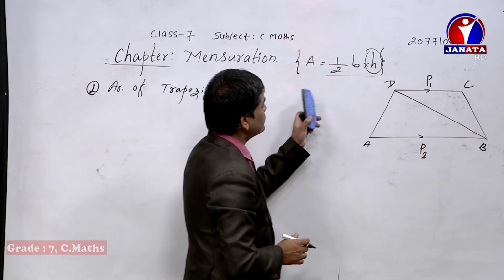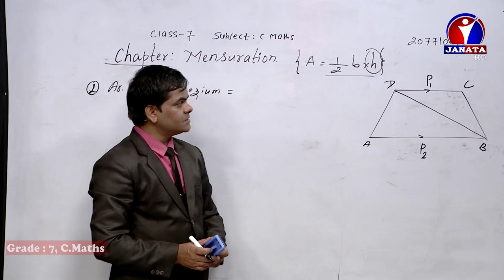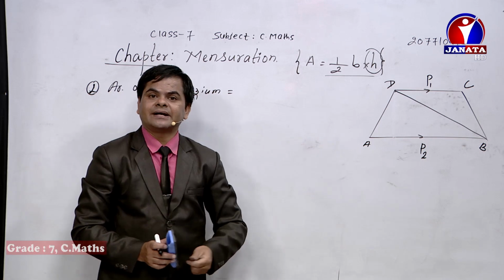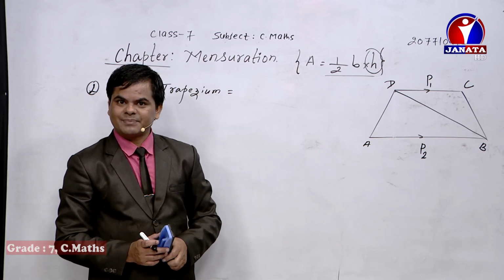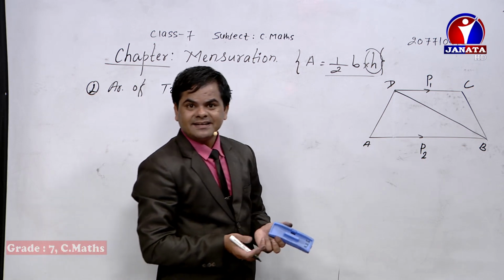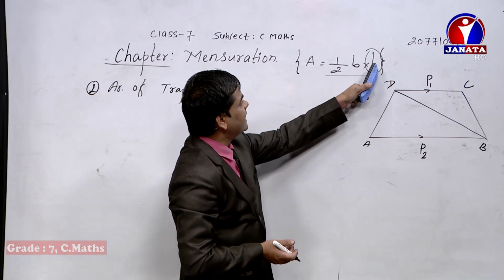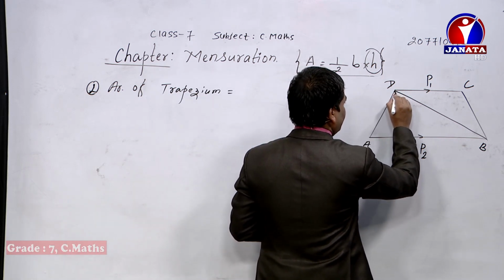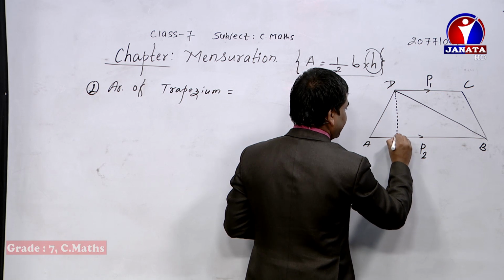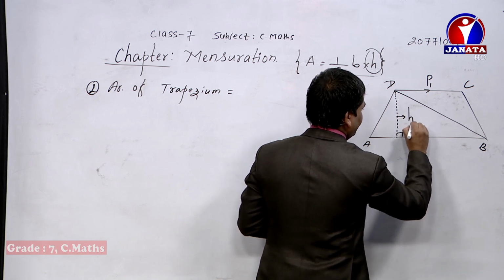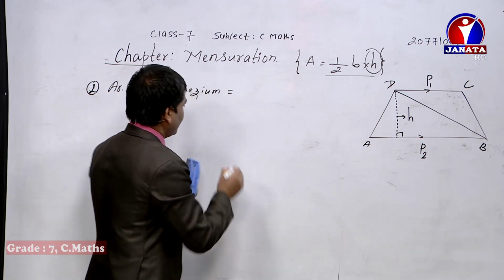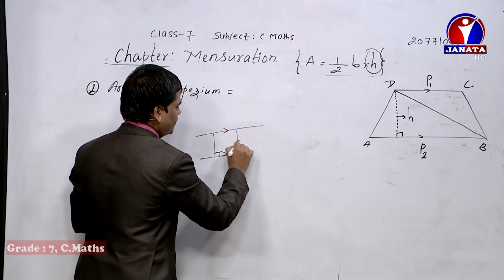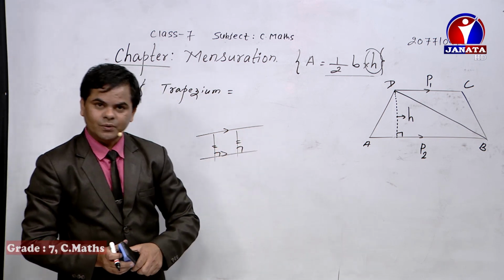So the whole trapezium is divided into two triangles. Now we need to use the formula of a general triangle in order to find out the area of the whole trapezium. We need the height, isn't it? In order to use this formula, we need the height, as h is mentioned here. So let's construct a height here. From the vertex D, a perpendicular line is drawn in this way, and we write it as h. Just now, what did I say? In case of two parallel lines, if we draw perpendicular lines, then the lengths of those perpendicular lines are always equal to each other.